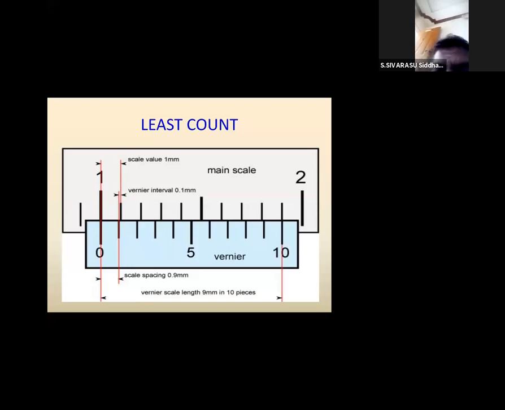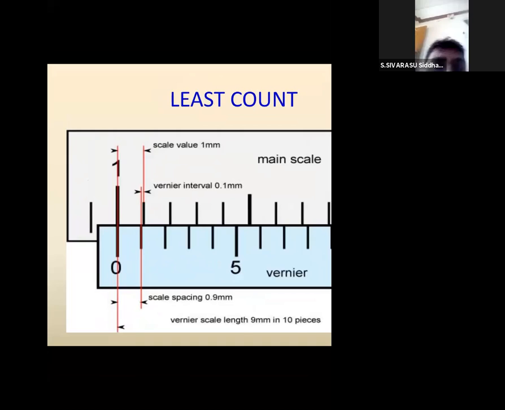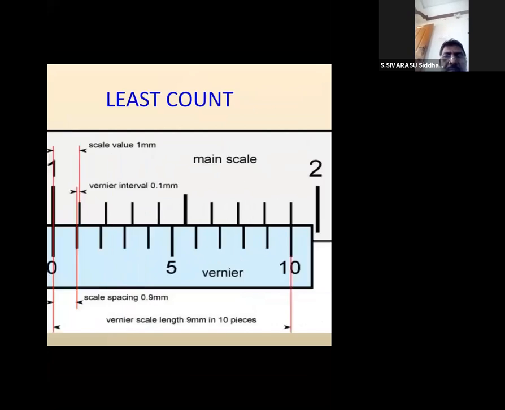This least count. Now you can look at this figure, how the measurement will not be in the same position from 0, it will be like that. Wherever you take the same equal distance, that means 9 main scale divisions are divided into 10 vernier scale divisions. If you close the jaws from the closed position also, you will get the same, because the movable jaw slides over the fixed jaw. It will be like this.